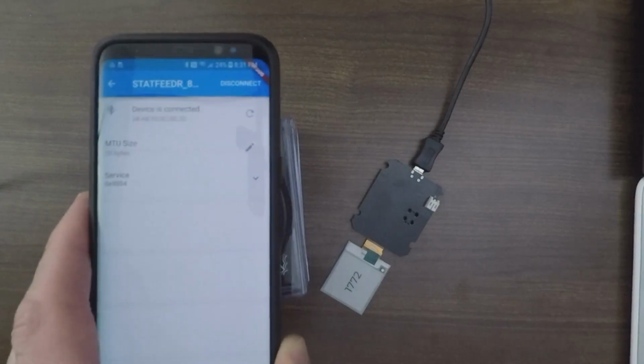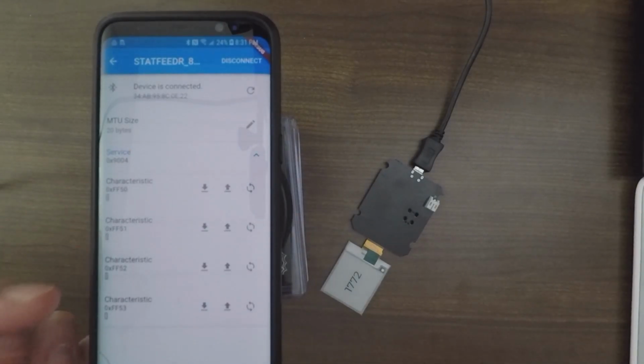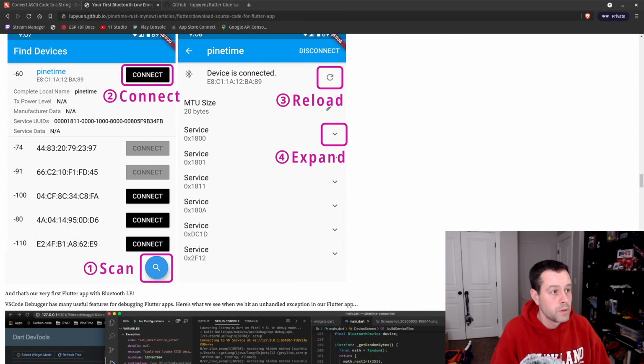So it's closer. That feels like it's a little bit better. Okay. So I'm going to click on service, and it shows all of these characteristics. And so let's switch back here. Nope, to this one. If we come over